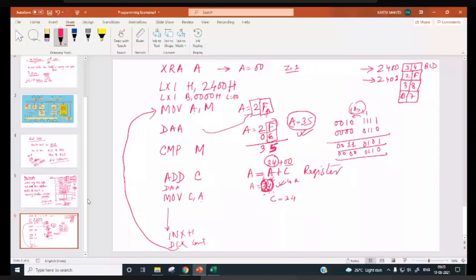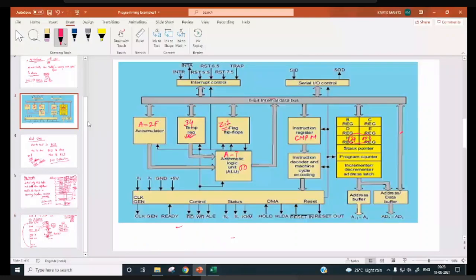So now when compare M is done, what will happen? A is not equal to 2F, while the memory location pointed by HL pair is 2F only. So that 2F will be copied over here.